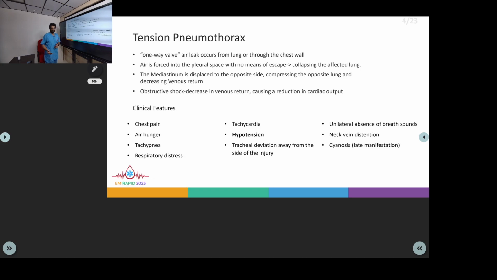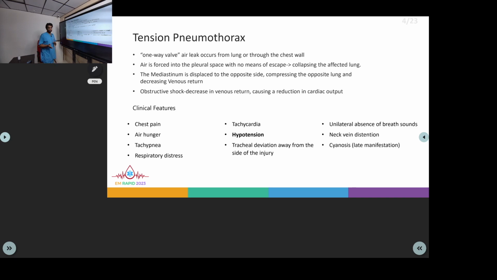First we'll come to tension pneumothorax. As the name suggests, here there will be a one-way valve. Air will be moving into the pleural space from either the lung or the chest wall. The air will be forced into the pleural space, and this will cause the collapse of the lung on the same side, and it will cause displacement of the mediastinum to the opposite side,